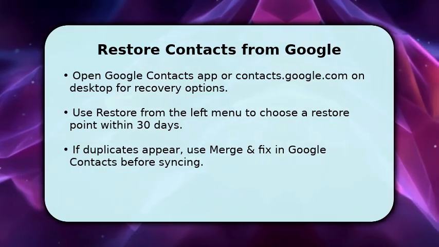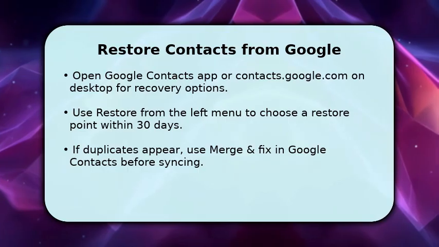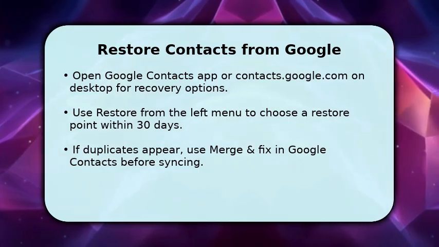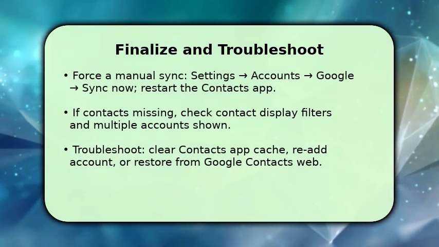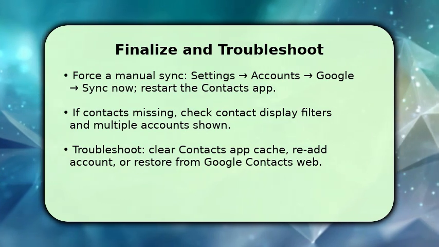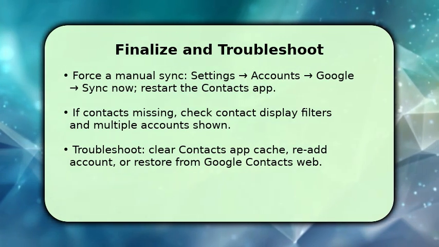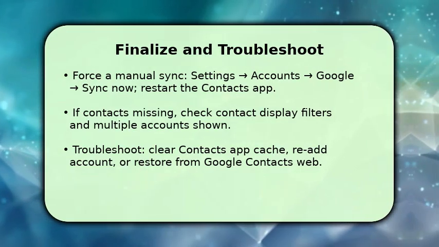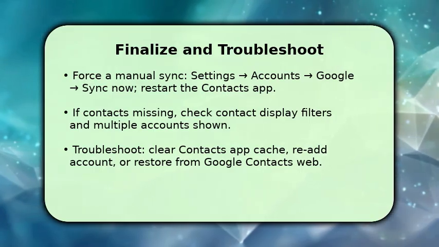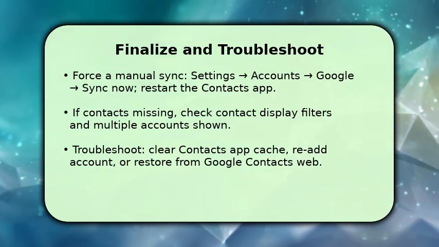If you expect duplicates, run Merge and Fix on the desktop first, because it prevents messy merges on the device. Finish by forcing a manual sync and validating results. Go to Settings, Accounts, select the Google account and tap Sync Now, then restart the Contacts app to refresh the UI. Make sure the app is set to display contacts from that Google account and not only device or SIM